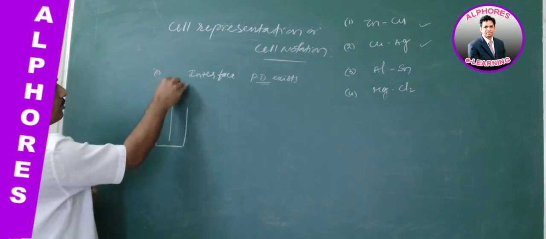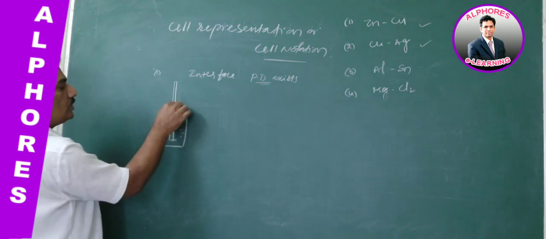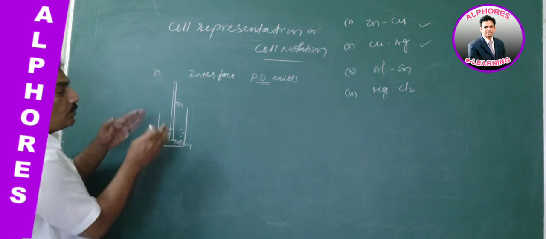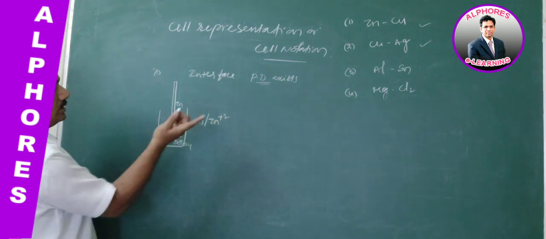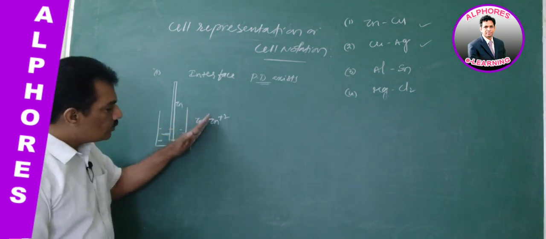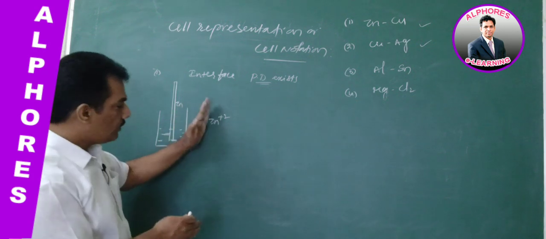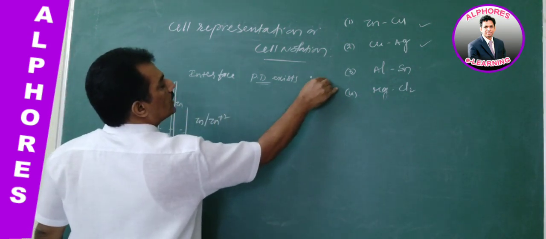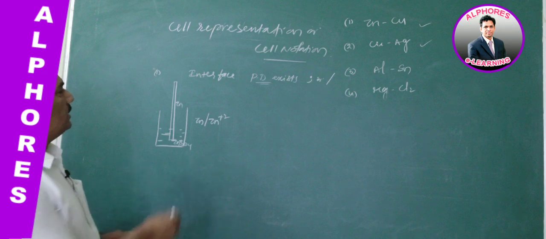When a metal rod is dipped in this electrolyte, say for example, a zinc rod in Zn plus 2, ZnSO4, here the potential difference exists between zinc and Zn plus 2, because one is charged and the other is without charge. So between these two, here there is positive charge, here no charge. Potential difference exists. That interface, that contact, is represented with a single vertical line, a slashing line. Clear? This is the first one.